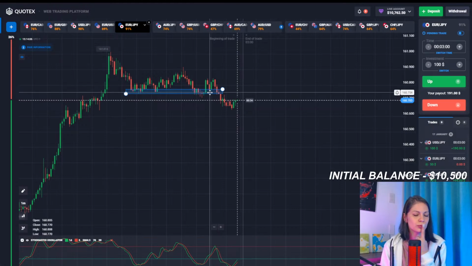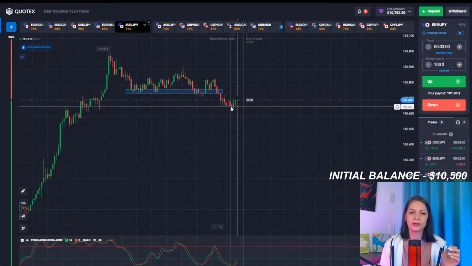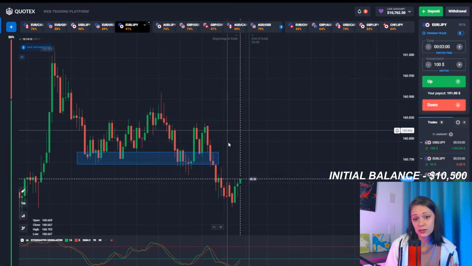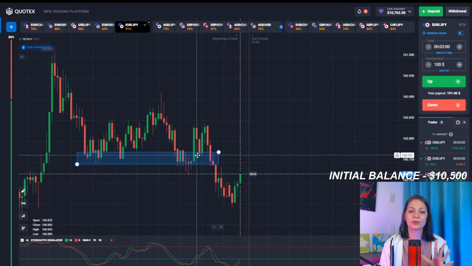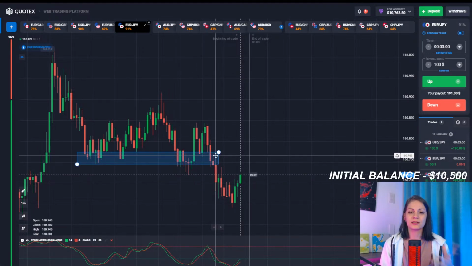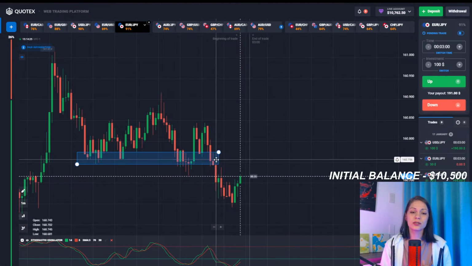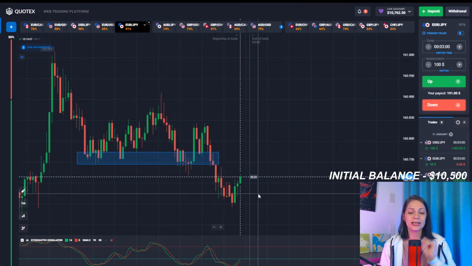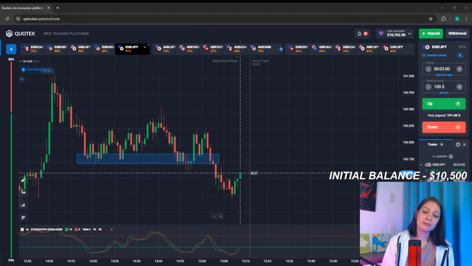After the breakout of this small support level, of course, probably something is going to happen. But I would do something different. I would wait for the price to go back to this support level, which in this case can work as a resistance. And according to the movement of the retest, then I would enter into a deal. For now, I think it is too risky, but that is my opinion.